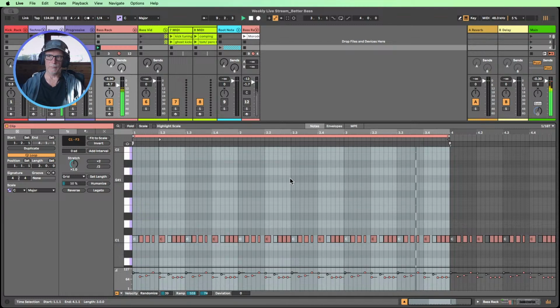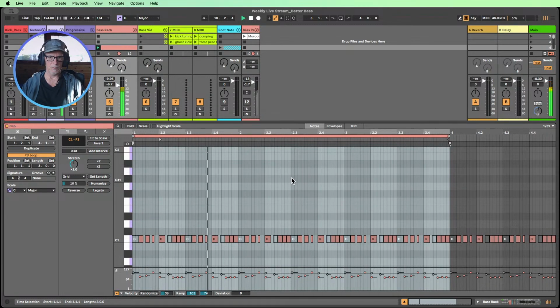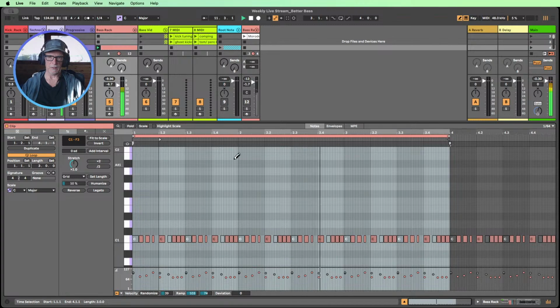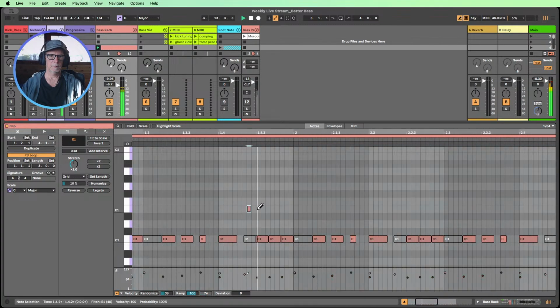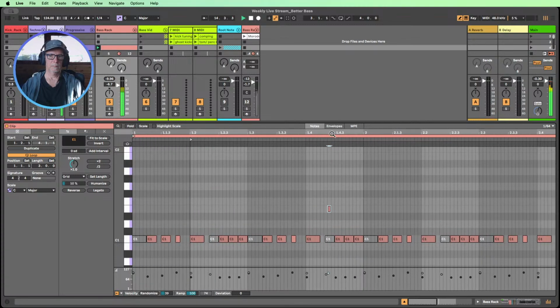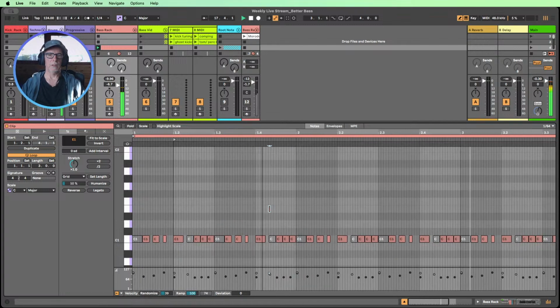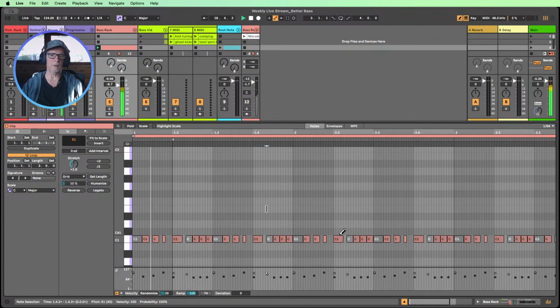So I'm going to come out of the triplet grid, but I'm going to go down to a very small grid, 64ths or something like that. And just really nice tiny little notes that again give us a little bit of vibe.